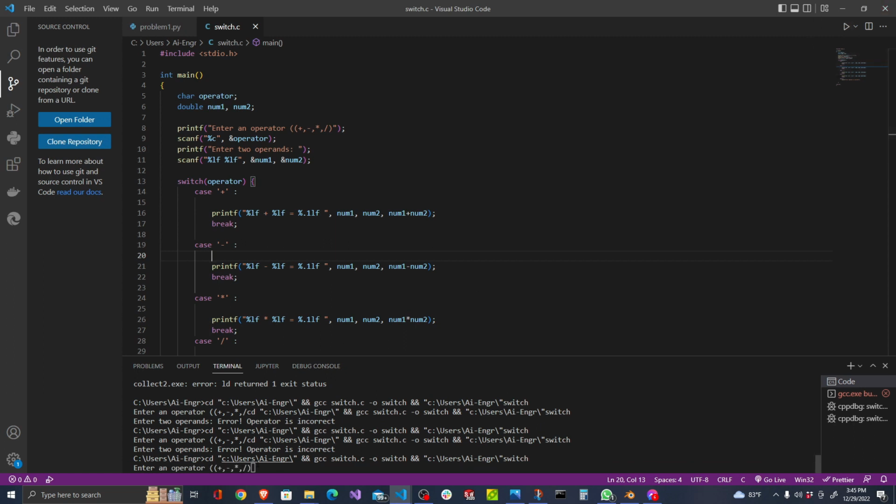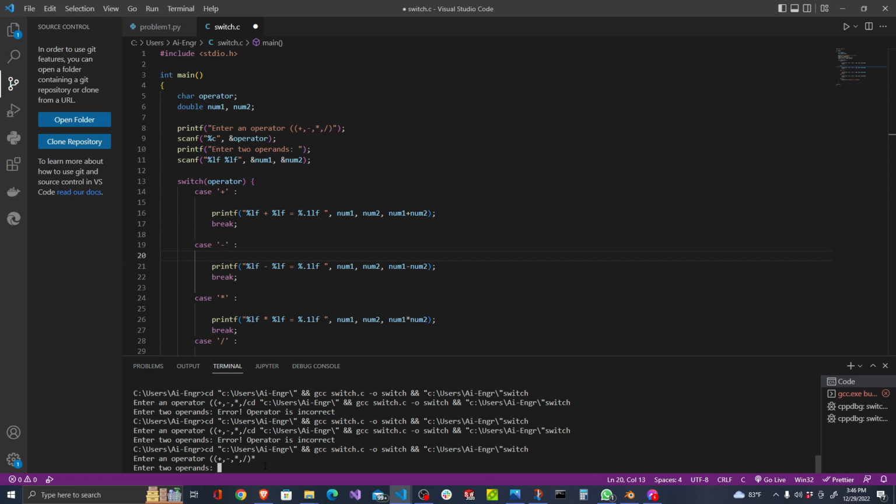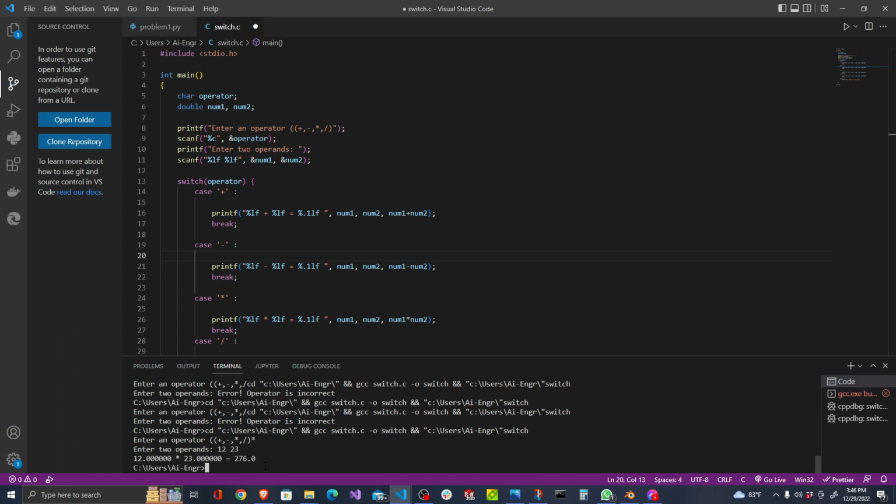So it has an operator, so we're gonna put some multiplication here, and then the two operands, the first one is 12 and 23. So as you can see in here, it says 12.000000 times 23.000000 is equal to